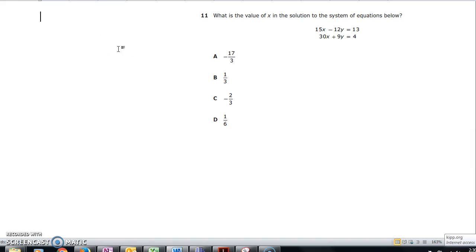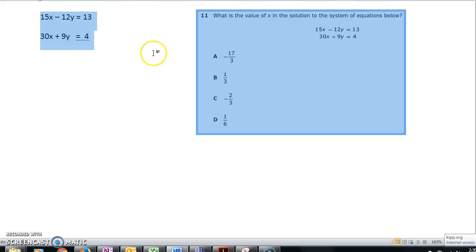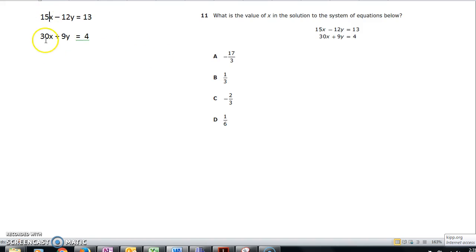The easiest way to do this is to set this up as an elimination problem. So let me first rewrite the problem. 15x minus 12y equals 13. 30x plus 9y equals 4. I know elimination isn't something that we got to go over a whole lot, but elimination is where you line up your two variables. So my x's are all together, my y's are together, my numbers are together,